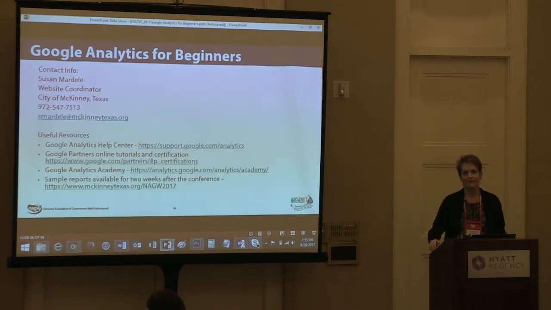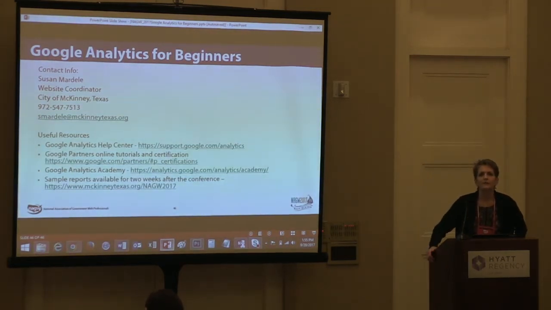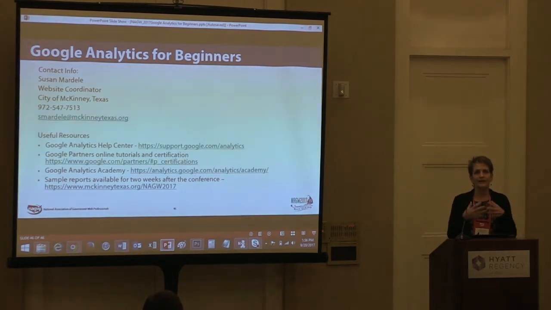Comments? Yes? Do you guys have a login area, like an account as a citizen, and you track that separately? I'm sorry, say that again? Do you have a login area where if I live in McKinney, I can open an account and log in, and do you track that differently? Not on the website per se. We have a couple of applications where that's true. You can sign up to create a login for getting parks classes and special events, or for water bill and things like that. We have a Notify Me module where people can sign up to get agendas and that sort of thing. So there are specific applications, but not the website in toto.